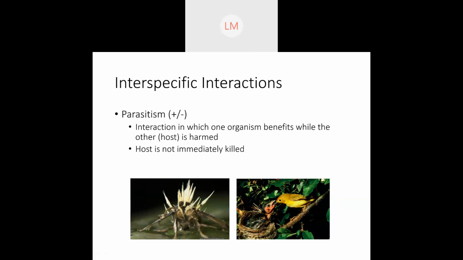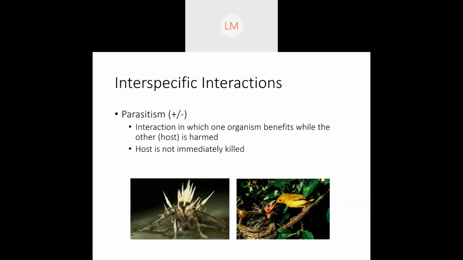Parasitism is another plus minus interaction. So similar to predation and herbivory in the sense that it's plus minus, but in this type of interaction, we have one organism that is benefiting and the other, which is called the host, is harmed, but our host isn't immediately killed. Our parasite, which is what is benefiting in this interaction, needs to use the nutrients from the host. So it doesn't want to kill the host because it still needs to suck down all those nutrients. So it's going to keep the host alive at least for a while until it can reproduce and move on